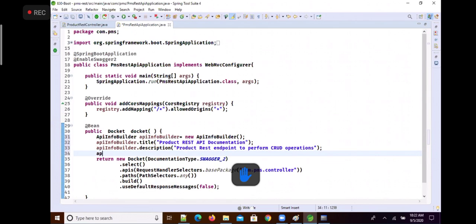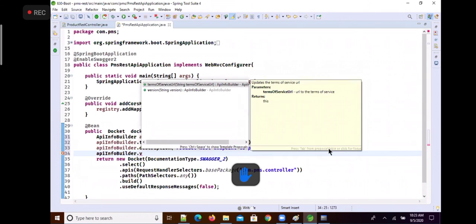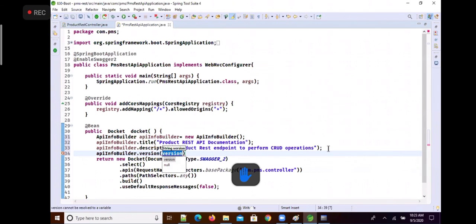What next? ApiInfoBuilder dot title, description, okay, version. Say version, I would like to say 1.1, version number 1.1 as a string.